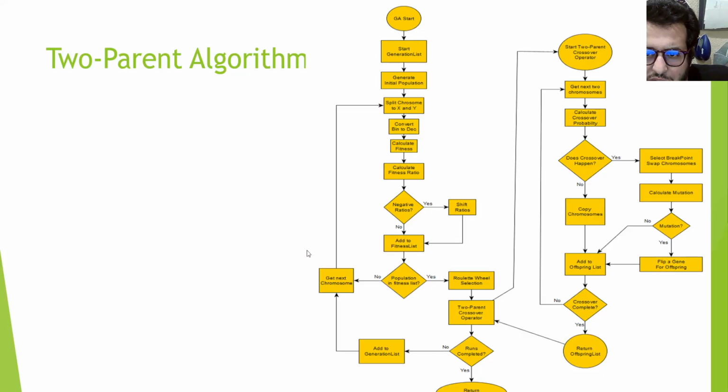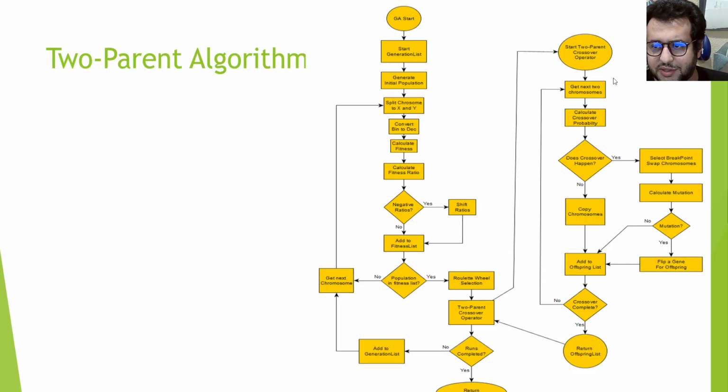If it's not, we're going to go around and come back, go through all the way until we have the whole thing. Then we will do a roulette wheel selection that is going to select the parents that have the highest fitness. And here's where the difference happens: two-parent crossover is going to select pairs and decide